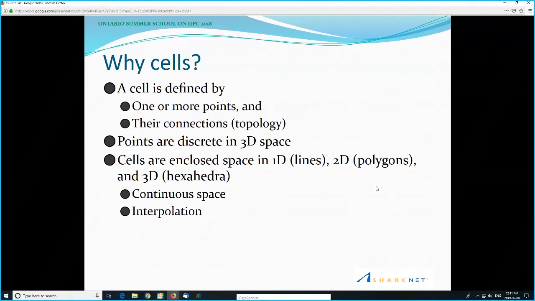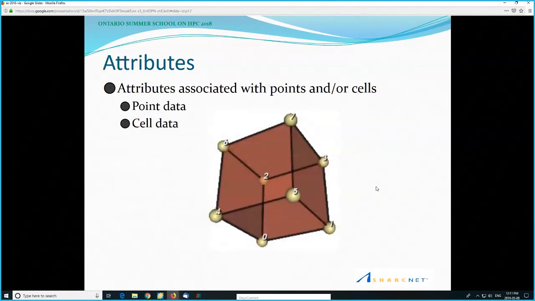And yeah, that's it. So here is an example of a hexahedron. It's defined by 8-point data, and that formed one cell, which is referred to as a VTK hexahedron. Okay, so we could have attributes like temperature or density or whatever to associate with